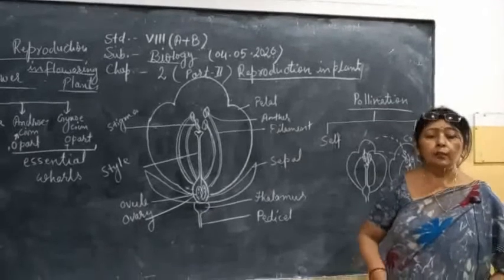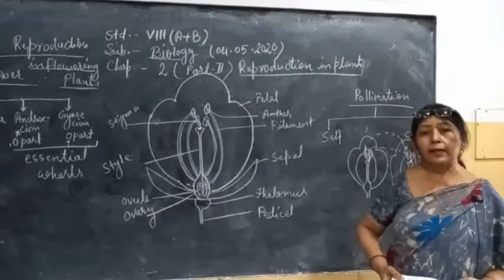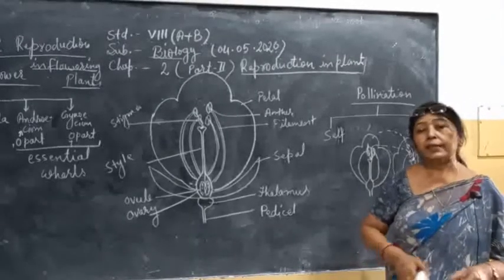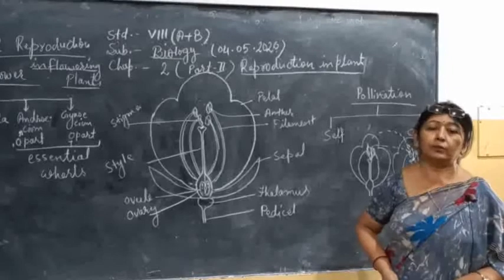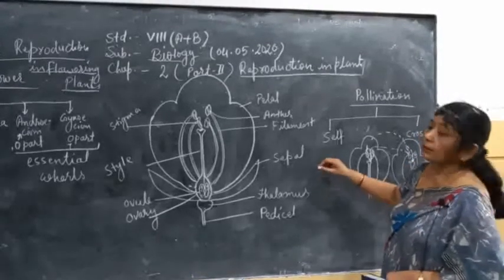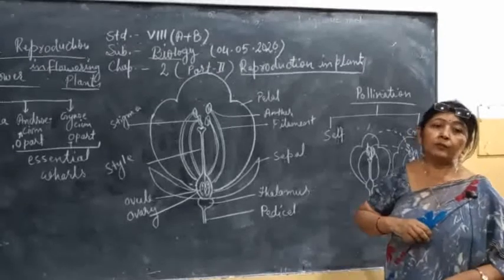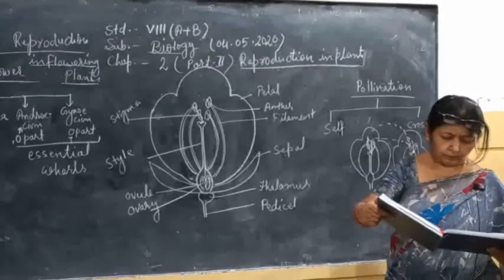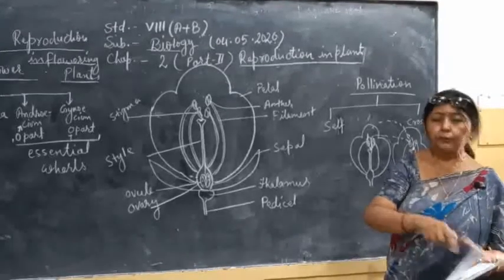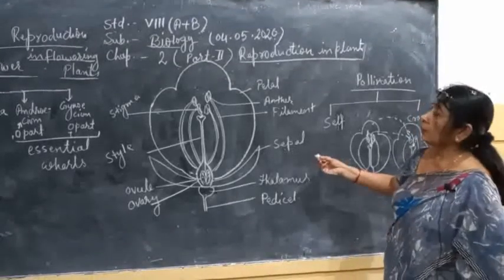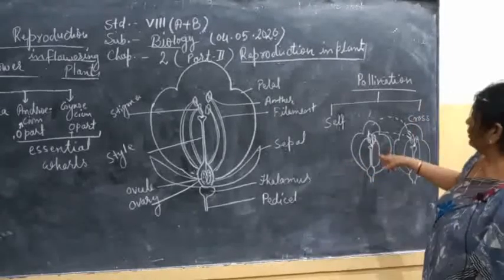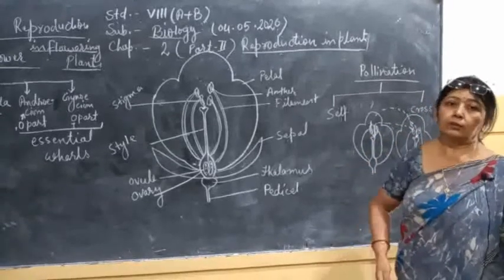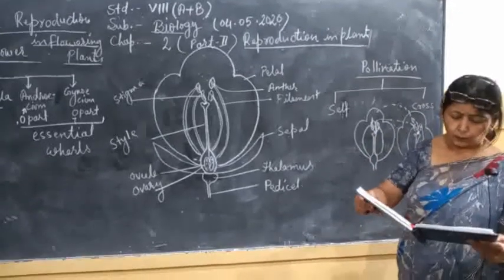Wind: plants like maize, wheat, grass. The pollen grains are very light, dry and produced in large amounts. When the flower matures, pollen grains are blown away and deposited on a stigma. Thus, pollination occurs.